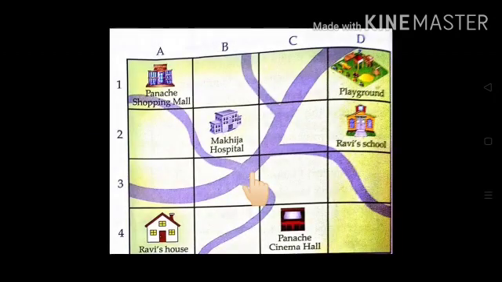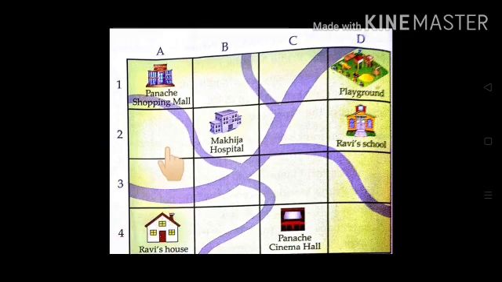In this map, the columns are labeled on the top with the letters A, B, C and D. The rows are labeled with the numbers 1, 2, 3 and 4. Now children, see this diagram, see this picture. It is grid, crisscross lines of horizontal lines and vertical lines. Above here, alphabets are marked A, B, C and D. And here 1, 2, 3 and 4.